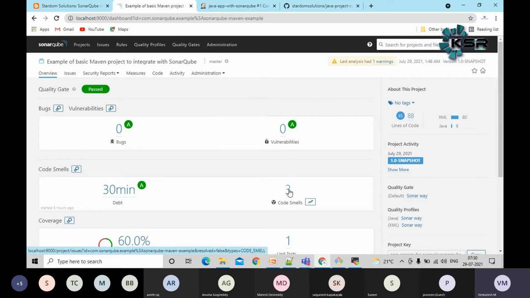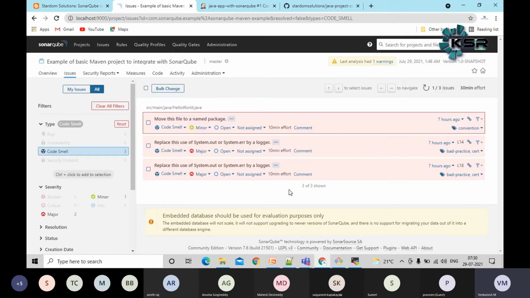Similarly, code smells. What this will say is like this kind of coding standard, guys, very basic coding standard. Let's say the class should not be something like this. You should use this particular method. From the DevOps point of view, you don't need to worry. The developer needs to worry on this part. Whatever code they are developing should be compatible with the Sonar way.